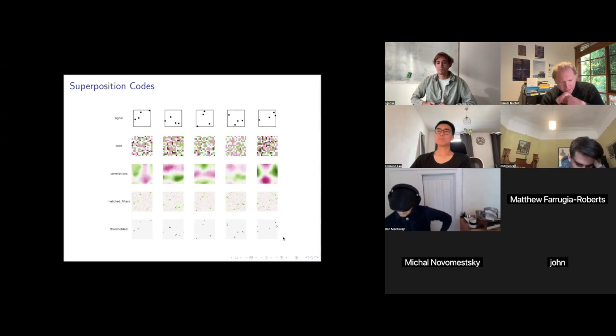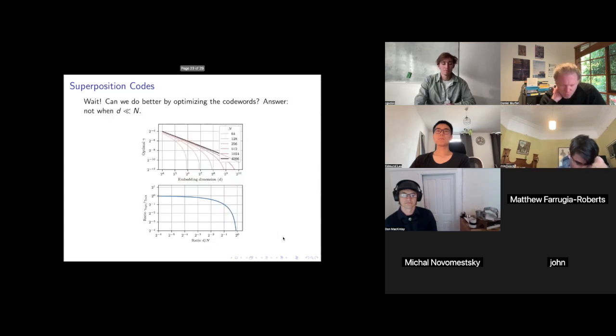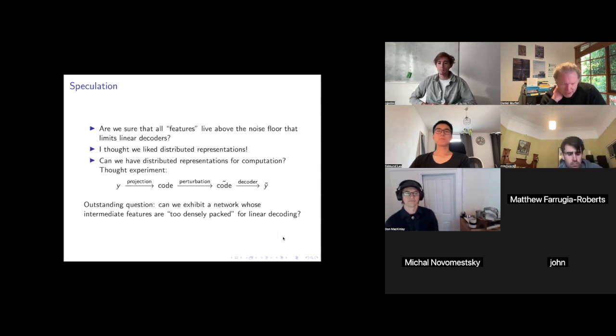But that's an example, I think, of something that would, in principle, be extractable by, that's an example of a linear representation hypothesis thing where you have the simple thing at the level of the learned representation. I guess I don't really understand what you're getting at with this distributed computation thing. Could you go back to that slide? You're looking for something that, yeah, could you repeat what you're looking for?